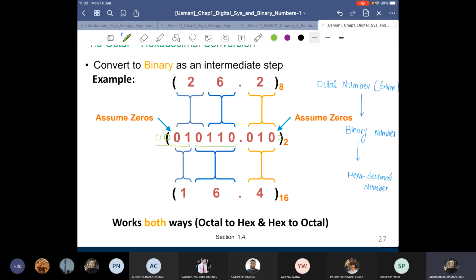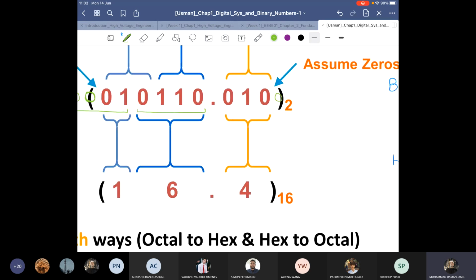And then when we convert this one, again the same step which we just did: 0 into 2 power 0 plus 0 into 2 power 1 plus 1 into 2 power 2 plus 0 into 2 power 3, which is equal to 4.